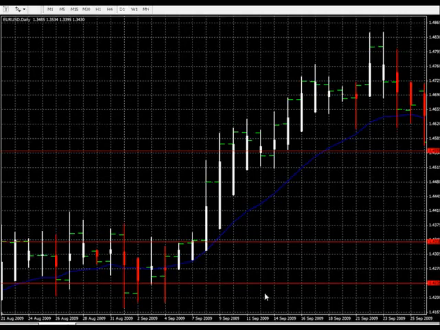So at that point, we just need to find our entry point. We look at the first white bar to establish that it has crossed through the EMA 14 and has closed above it, and in this case it has. And then on the second bar, we wait for the price point to break above the first bar's high point, and that becomes our entry point. So on this trade, our entry point would have been 1.4335. We would have gone long on the trade at that point,